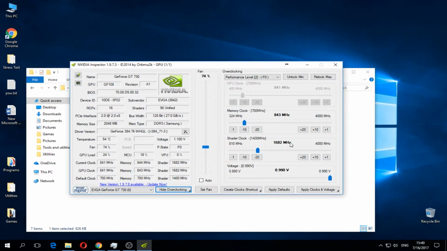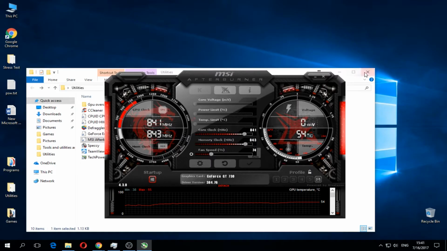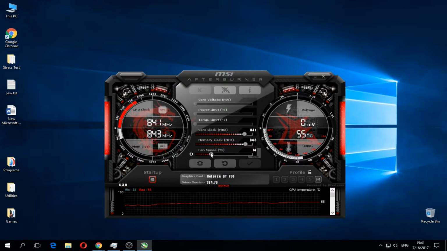So basically you can overclock everything and you can push up to 8,000, yeah, that's possible, but you will destroy your GPU. So better to use MSI Afterburner for this task, because it's the lightest program and it shows you the limits, how much you can overclock. But you must still be careful, because you might still destroy your GPU. Yeah, it shows the limits, like for example 910, but my recommendation is still to leave it a bit lower, because you might still destroy your video card. Well, the chances of destroying are very small, like 20% or so, but